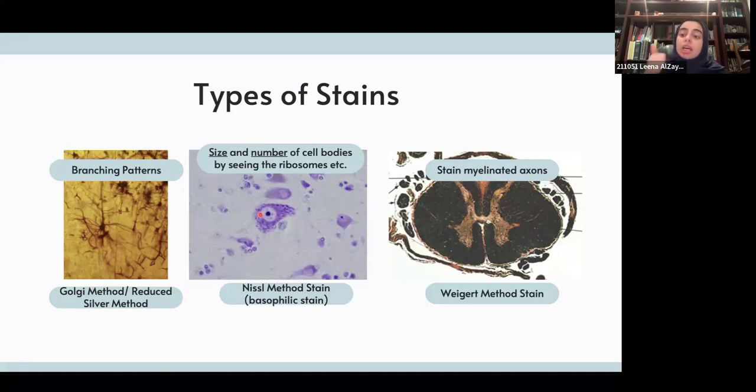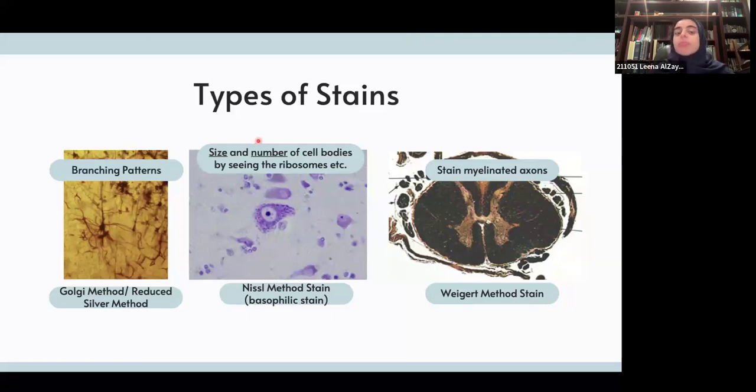So this way you can count how many cell bodies you have in a slide, and you can also count the size of the actual neuron. So if it's big, if it's small, and how many you have. So the Nissl method is helping for the size and the number of the cell bodies by seeing its ribosome/Nissl